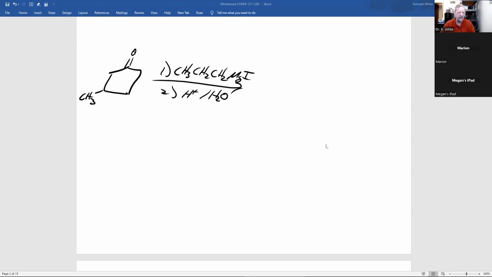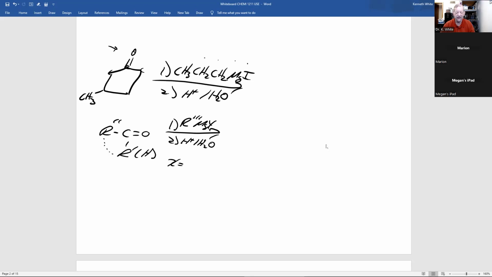We'll look at what are we starting with? What's different? Ooh, an oxygen double bond to carbon here, carbons here and here. This is a ketone. It just so happens R and R prime are connected together in the ring, but it could have been an aldehyde. And we look here, what's different? Carbon, carbon, carbon. Ooh, magnesium halide. That's a Grignard reagent. Second step, acid and water.